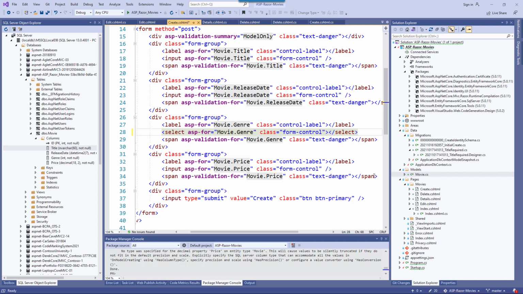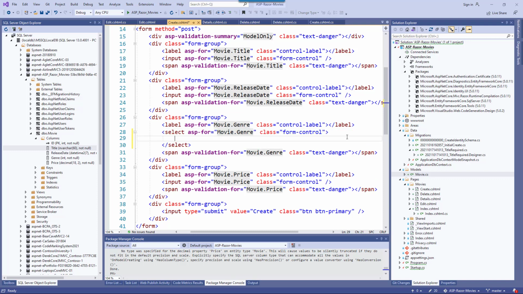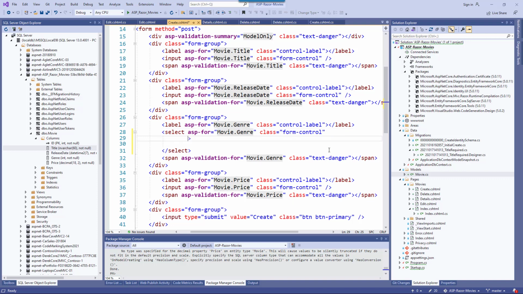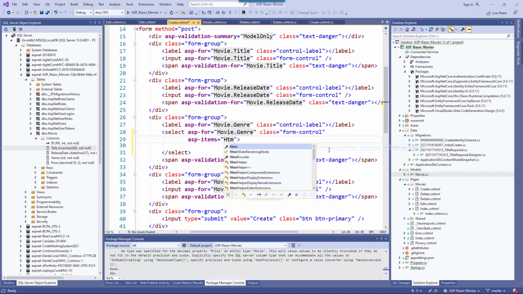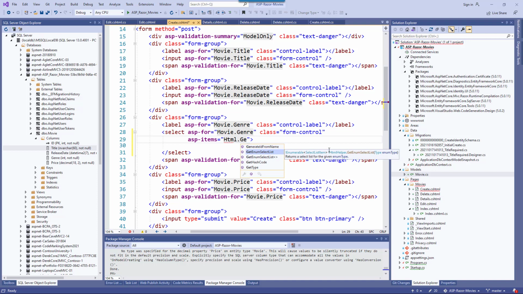So I'm going to fold this over, and then I'm going to use another of the what are called ASP helper tags. It's called ASP items, and here we can use the HTML class to get a new select list